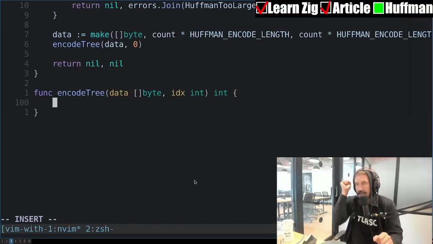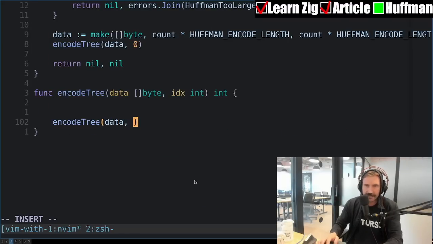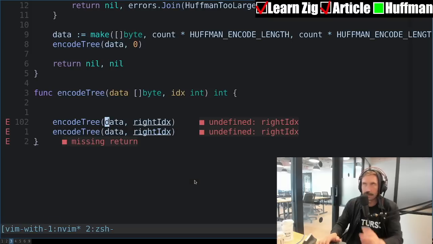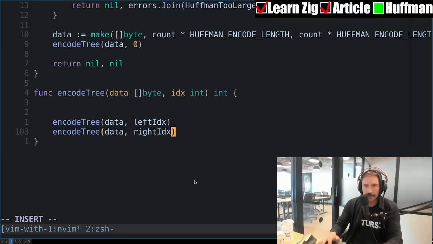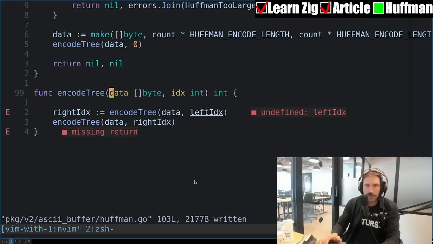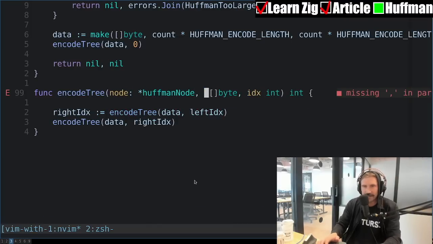Okay, so it comes in, and it's just going to start writing them out. So I'm going to go like this. It's going to look like this at some point. It's going to look like data, write index, you have to start with left index. There we go. Ooh, you know what we also want? I forgot about that, huh?